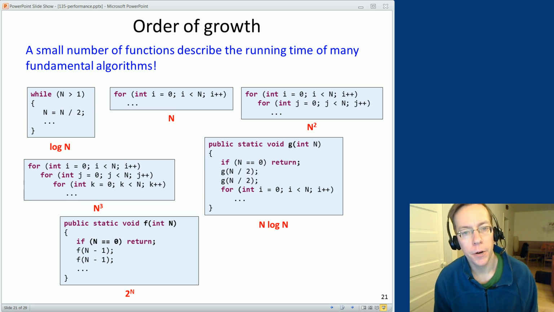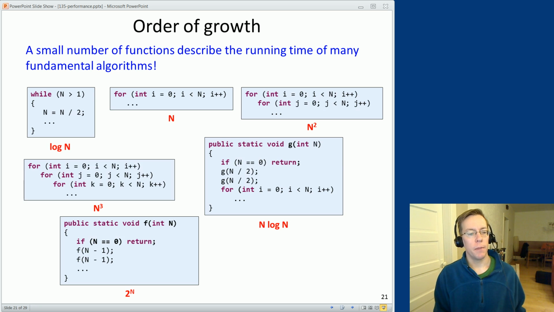That was sort of empirical. You can measure things and make those predictions. You can also sometimes look at the actual code and try to guess what the order of growth might be. There's a small number of functions that describe many algorithms in computer science, and you can see here some